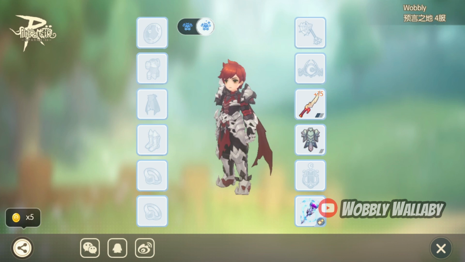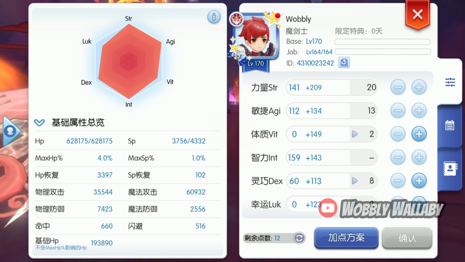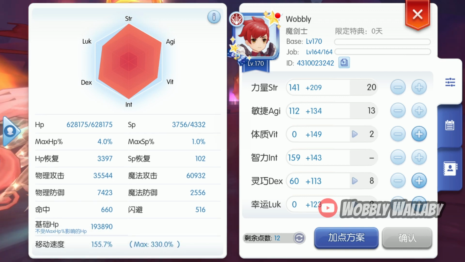For Oko Mirror, it uses the plus 15 penetration knife. There is no slash on this account. This account also doesn't have Cardo. For Relic, I'm using the Lord of Vane. With buffs and foods, I have 35,000 attack, 60,000 magic attack,